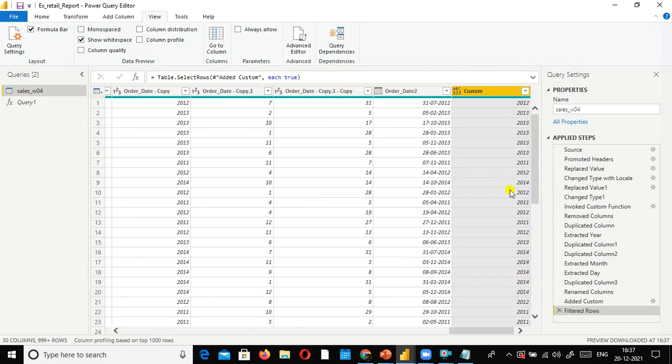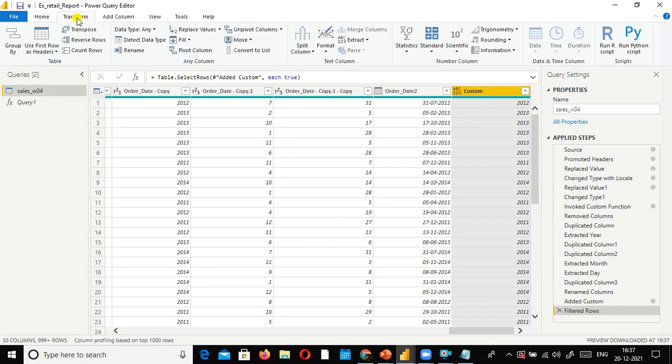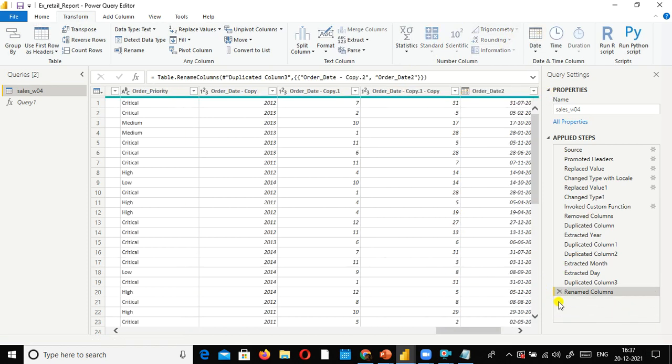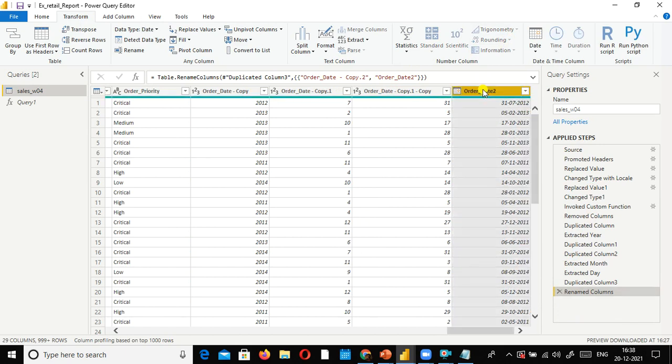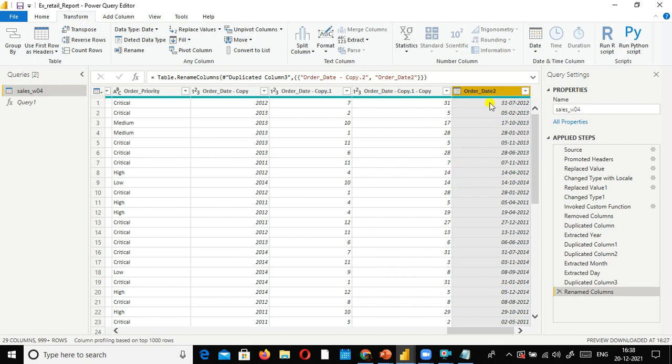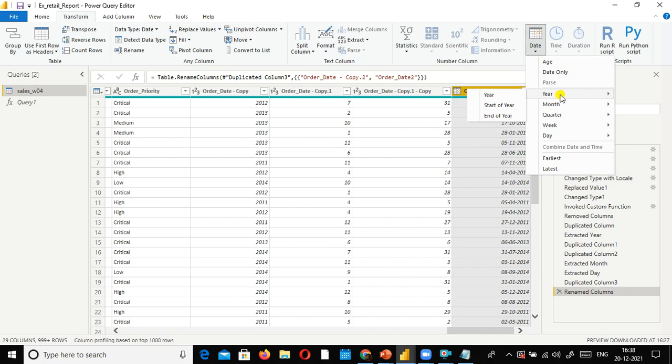So now you might be having this question. When I selected this column and go to the menu in the Transform ribbon, go to Date, and select Year, I can get the year. But this is manually going and doing it.